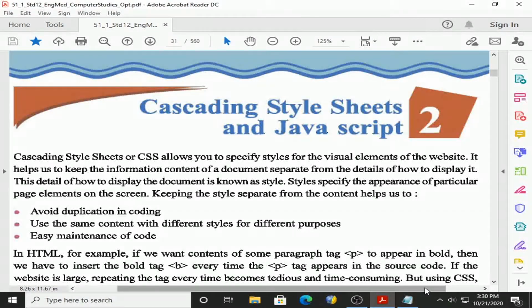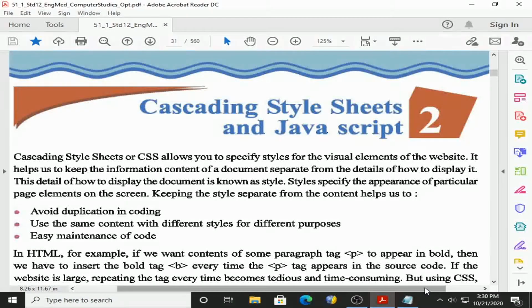Before I go ahead in the lesson, I would like to announce that recently our Gujarat State Secondary and Higher Secondary Education Board announced the changes in the syllabus. Right now I am preparing a detailed video on it and I will upload it as fast as possible.